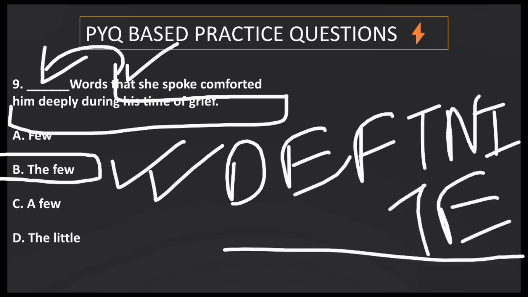And when it's definite, we must choose the few because the few deals with specificity, which is definite, which is known, which is specific. The few words that she spoke comforted him deeply during his time of grief. So here the few is the correct option. Next one is,